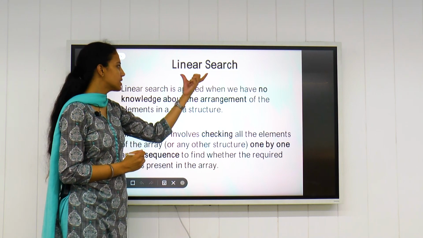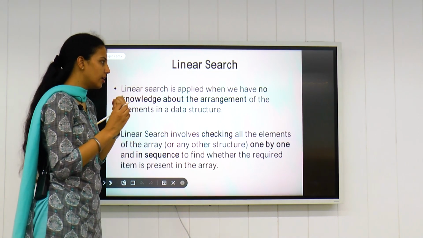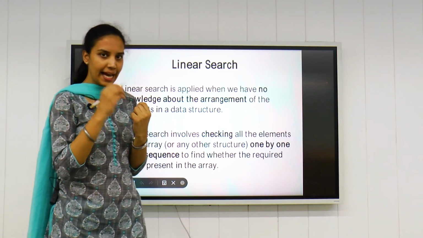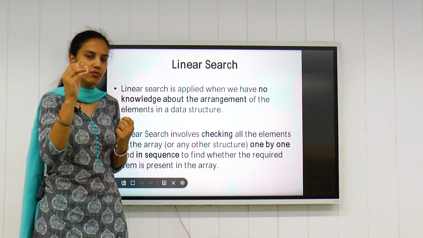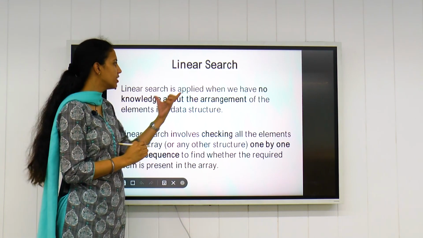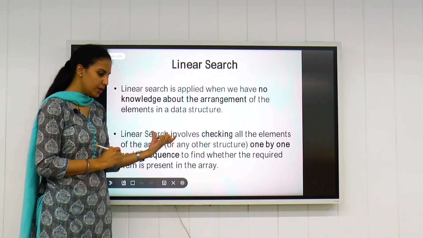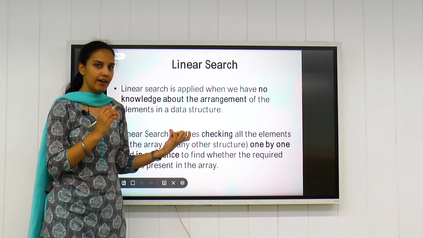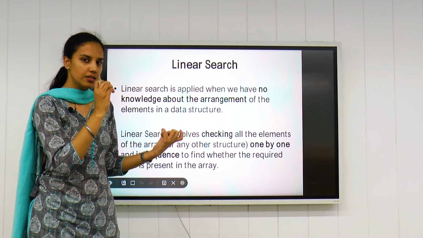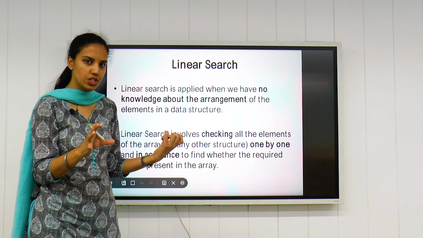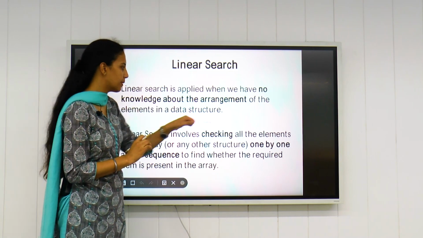So first we'll be studying linear search. Linear basically means we'll be searching for an element line by line. That means starting from the first position, then second, third, fourth, in a sequential order we'll be searching elements in linear search. Plus, the advantage of linear search is that we don't need elements in a specific order. Even if the elements are in jumbled order or any unsequential order, we can perform linear search on those elements. I'll explain that with an example.